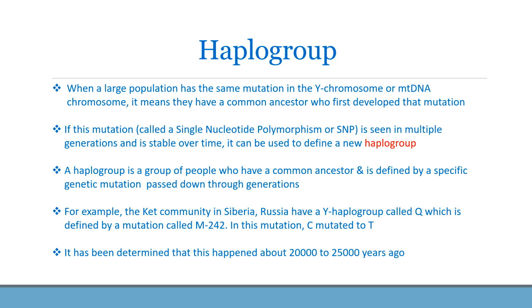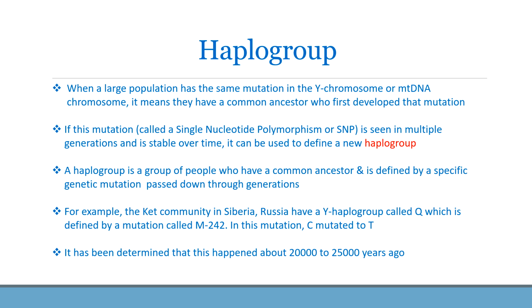When a large population has the same mutation in the Y chromosome or mtDNA chromosome, it means they have a common ancestor who first developed that mutation. If this mutation, called a single nucleotide polymorphism or SNP, is seen in multiple generations and is stable over time, it can be used to define a new haplogroup. A haplogroup is a group of people who have a common ancestor and is defined by a specific genetic mutation